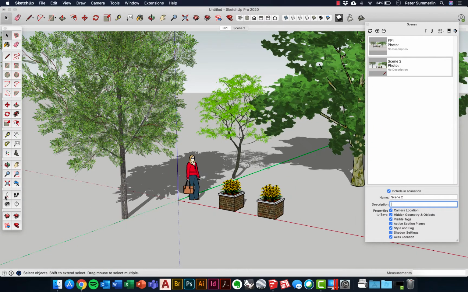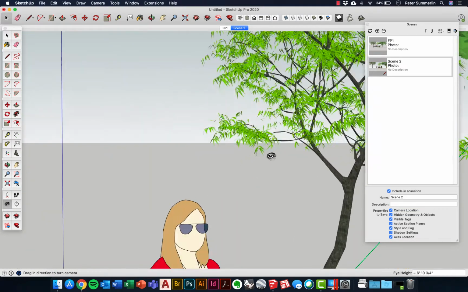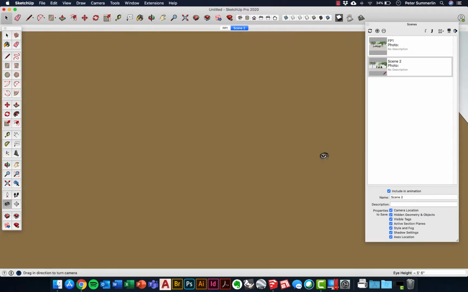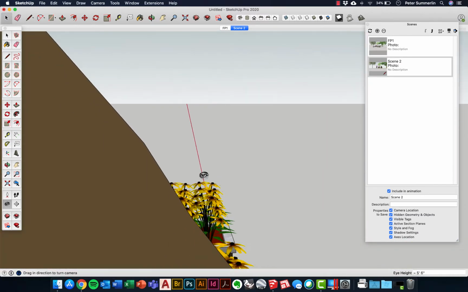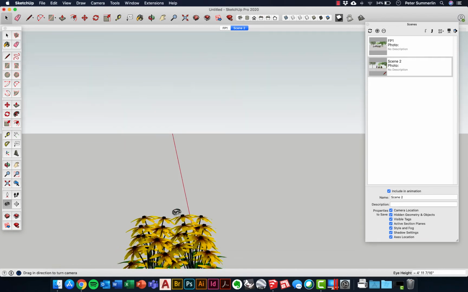We'll grab our person right here. This always gets us, puts our camera right at, and I'm going to stick it right at the base of this person here, and we can kind of look around to see more or less what they're seeing right here. It tells us what the height is, the eye height. So in this case, about 5 foot eye height, which would be for a person about 5'4",